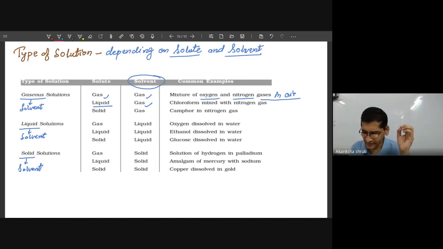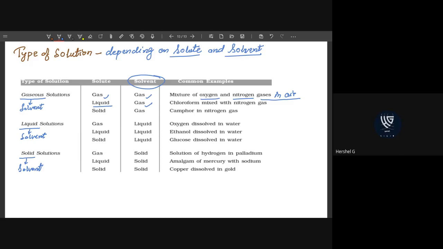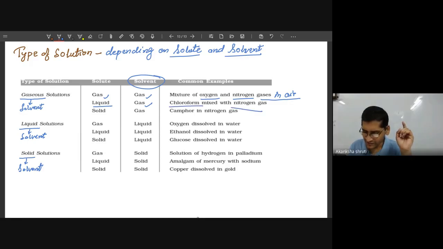In addition to that, various other examples can also be framed. Say chloroform. Chloroform is a liquid. You will learn later, the chemical formula of chloroform is CHCl3. This chloroform liquid easily gets vaporized. If the bottle is left open, then all the liquid will get vaporized into vapor form and come into the atmosphere. It means it will form a gaseous mixture.